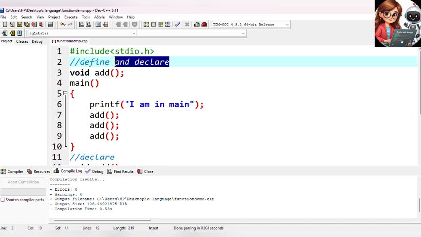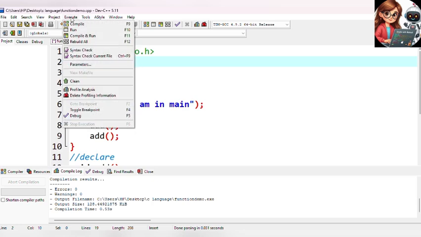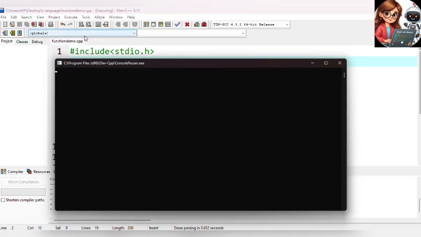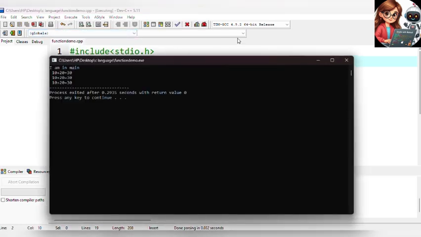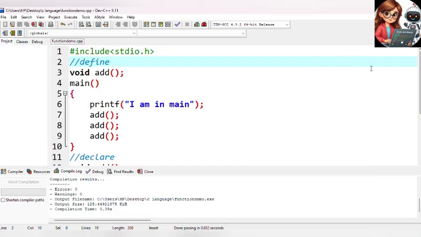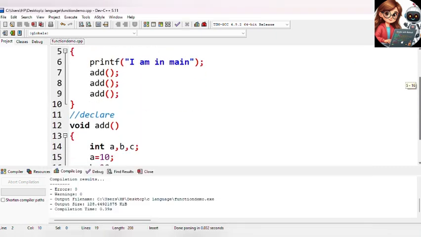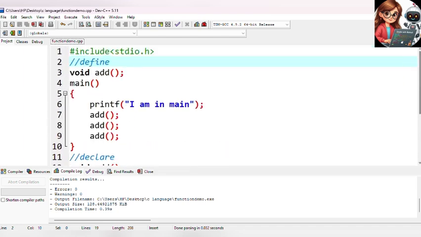Okay, we are just defining the function add, and we have written the calling procedure above the declare one. Let's execute. Yeah, same thing. So yeah, this is another way of executing the program. Got it? Let's move on to the next one.